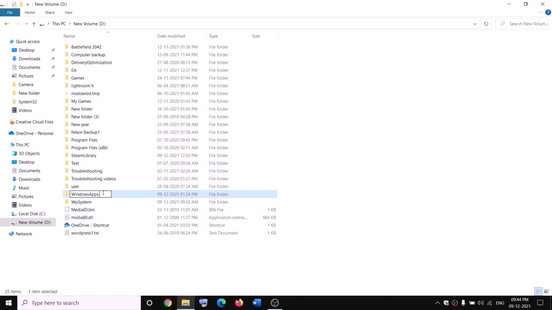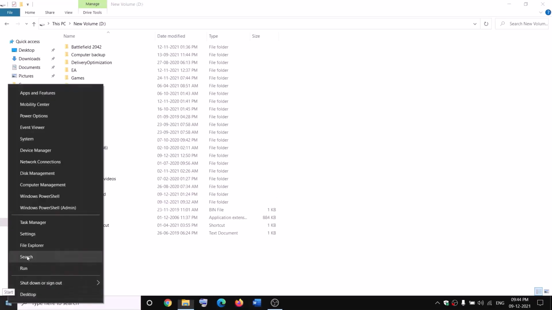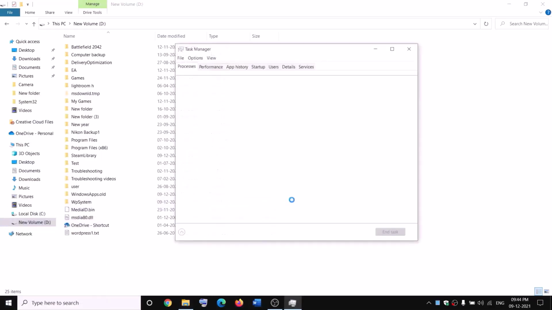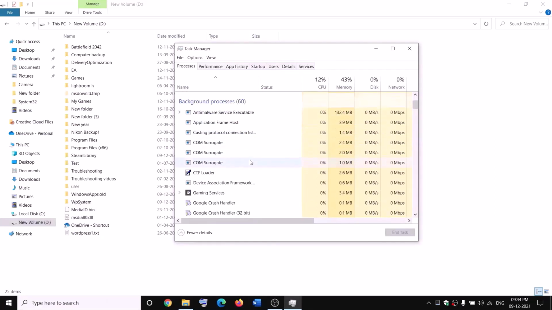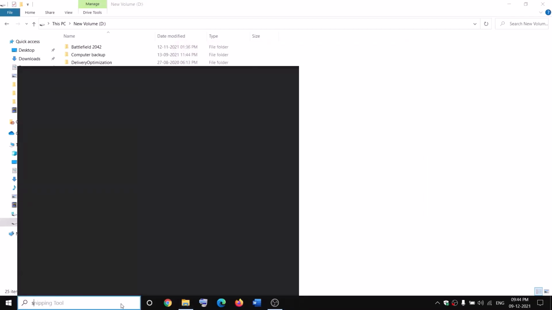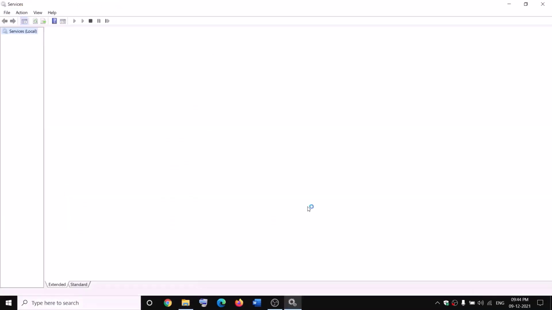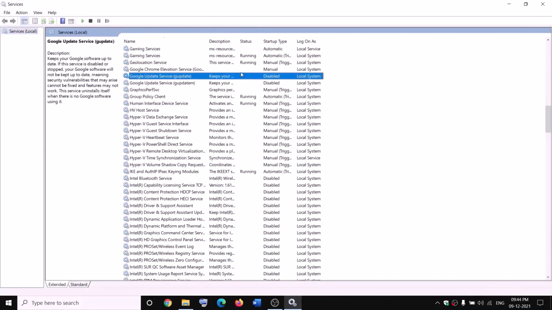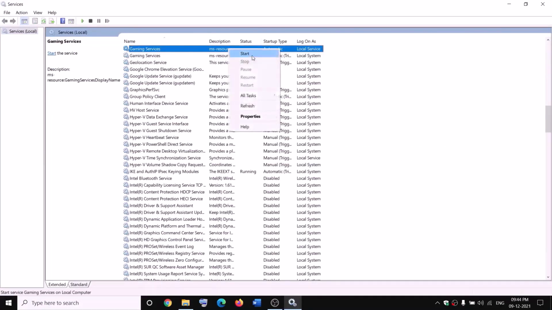it as WindowsApps.old. Now while renaming it, if you receive any kind of error message which says file is open, in that case open Task Manager on your computer, make a right click on the start menu, click on Task Manager. Now if you find Gaming Services, make a right click and then click on End Task, and also open Services over here and then find Gaming Services, make a right click on Gaming Services, click on Stop. So in my case